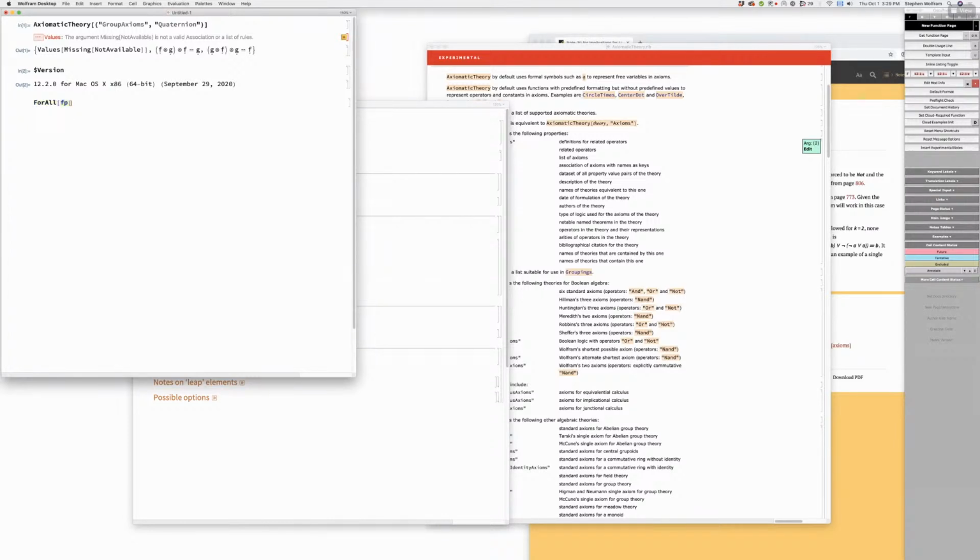So you're saying the problem is that for all f of x fails in some way. Yeah. Why does it do that? Well, it kind of makes sense. I mean, Forall, I guess, was designed to quantify over variables. Well, I don't know why it makes sense, because what would this otherwise mean?